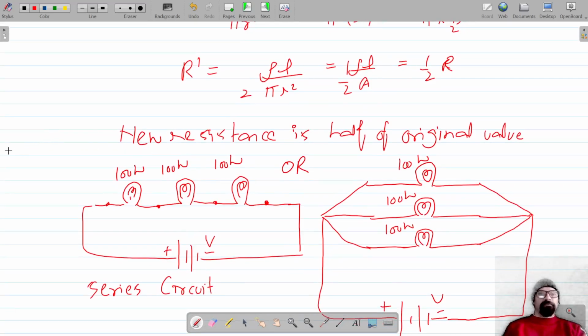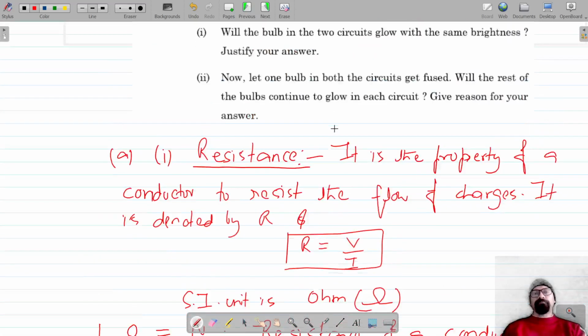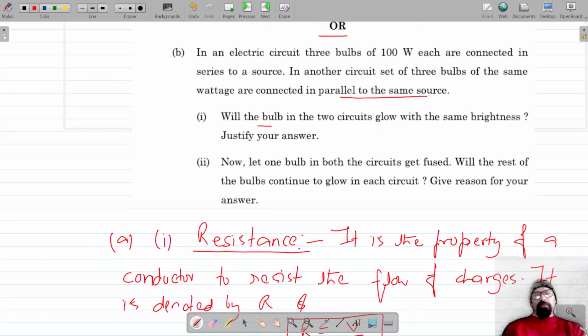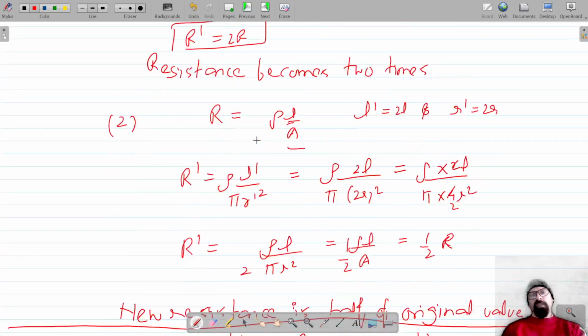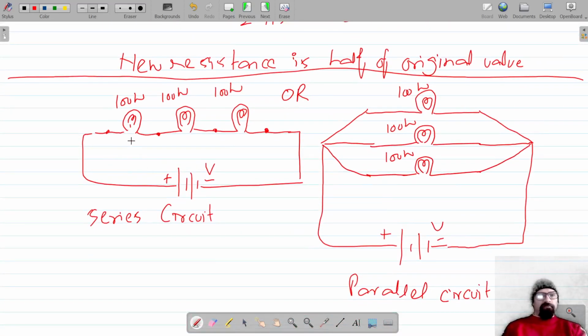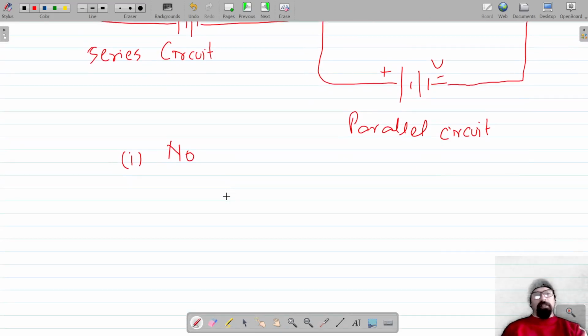Now this is the OR part. Will the bulbs in the two circuits glow with the same brightness? Justify your answer. As I told you, the effective resistance of these bulbs increases as they are connected in series. In the second one, as they are connected in parallel, the effective resistance decreases. So we can say that the answer is no. They will not glow with the same brightness, and the reason is that in series combination,